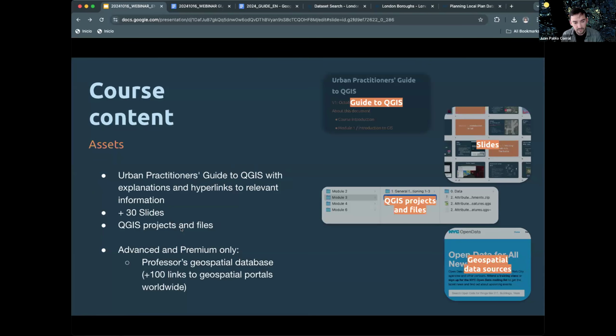And third, I will share with you all the QGIS projects and files that I use while explaining concepts. So let's say I'm explaining how to do buffers, and these files and styles and everything, we will share with you a folder like this with all the modules, and then you will have the different names of the tools that we are using, a QGIS project, and then the data that we are using for this, so you can do your own learning process after the course finishes.